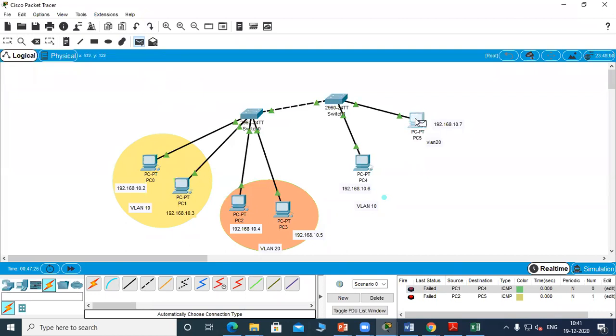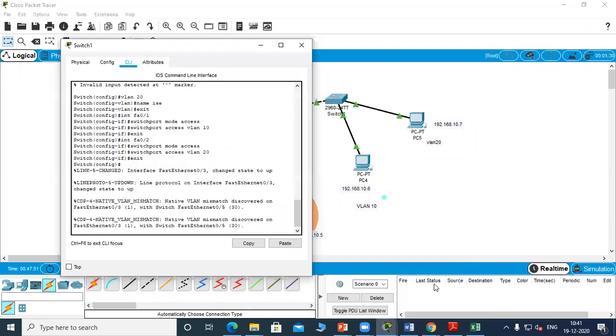So we have to configure this link. Just see the interface name: FA0/5 and this is 0/3.